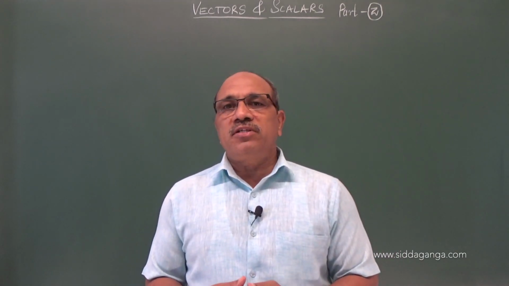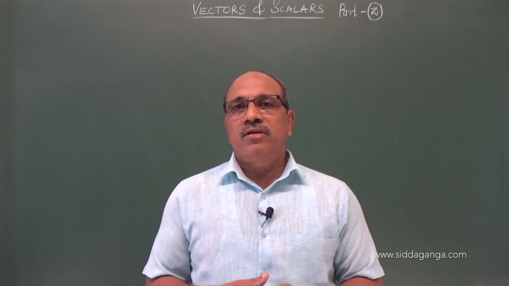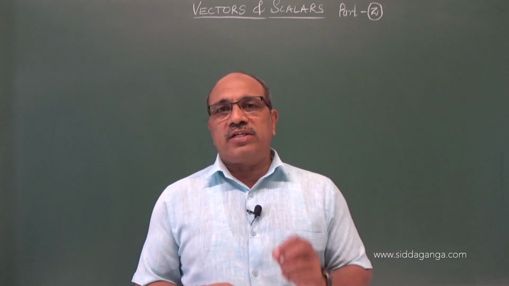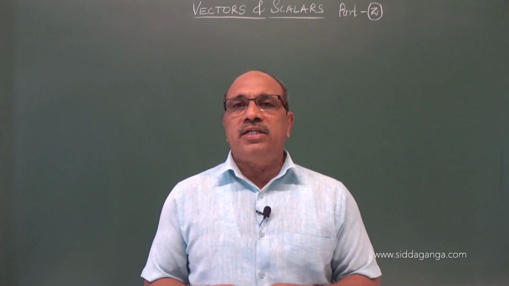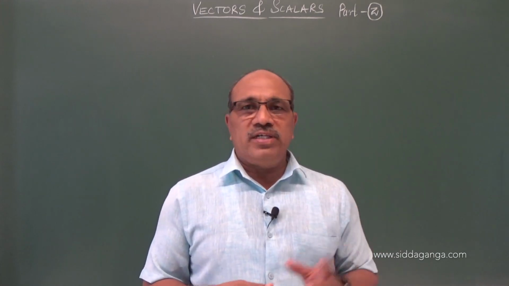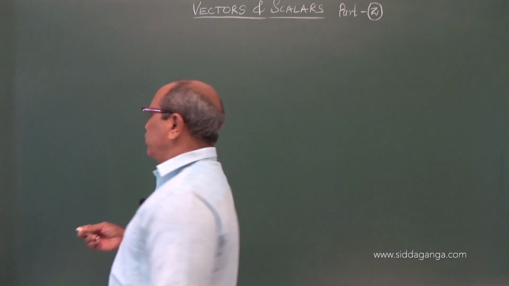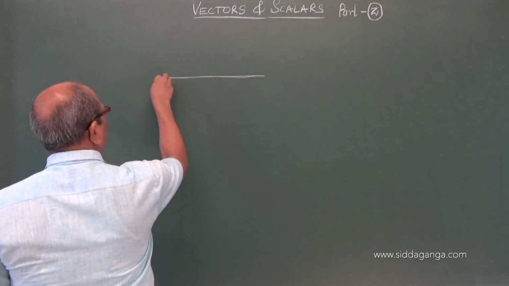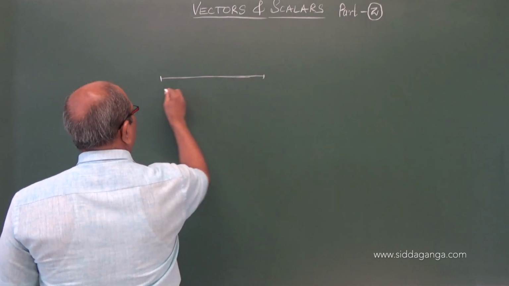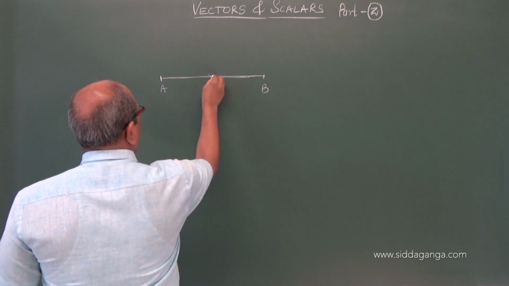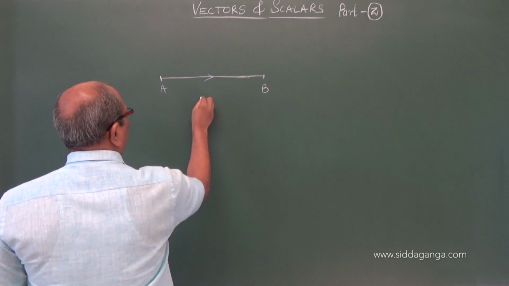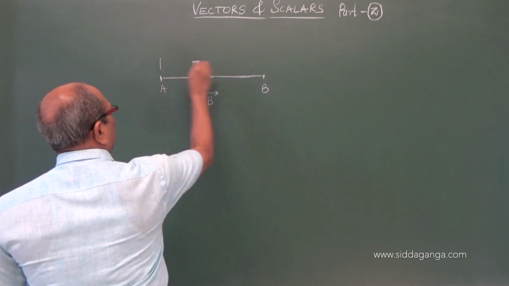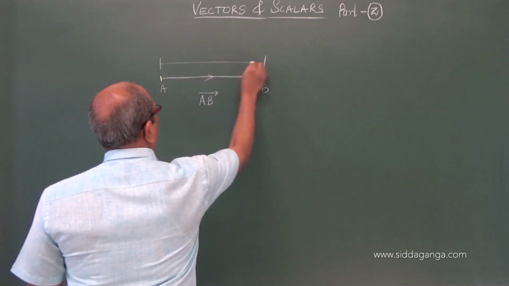Then how to represent the vector and note the vector. In the last class, I explained how to represent a vector, because geometrically we say it is a directed line segment having a particular magnitude. So a directed line segment having a certain length, A to B, with this arrow mark. Now the notation may be vector AB. On an appropriate scale, this has a magnitude, that I told you.